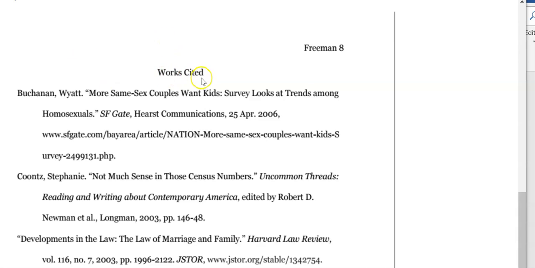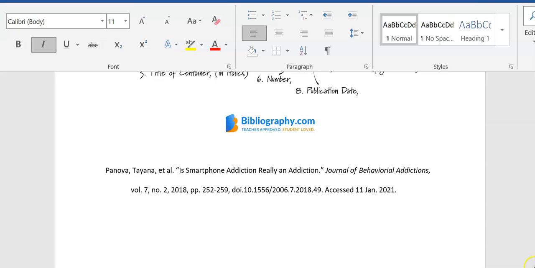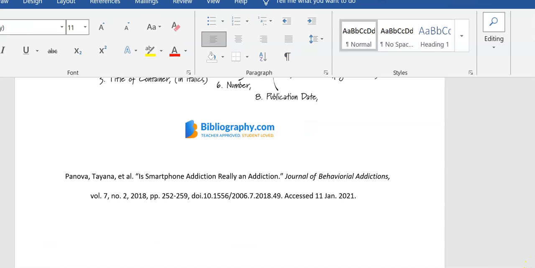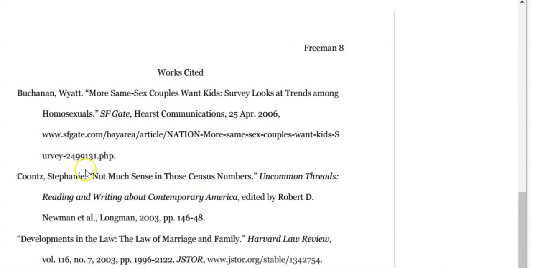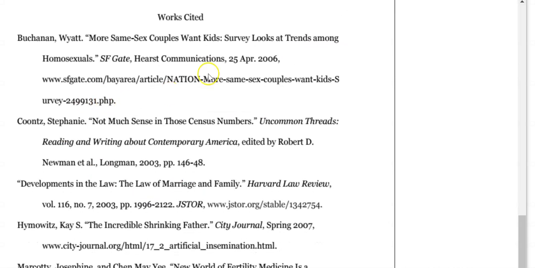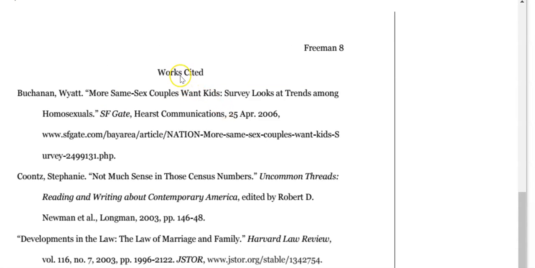If you were going to create a works cited page for your essay, it's the final page of your essay.